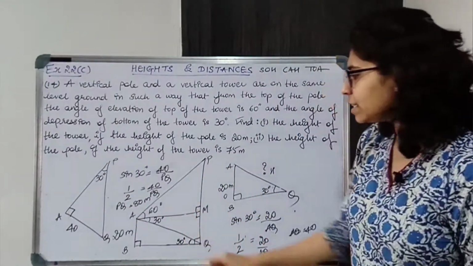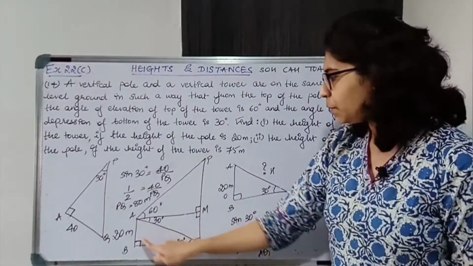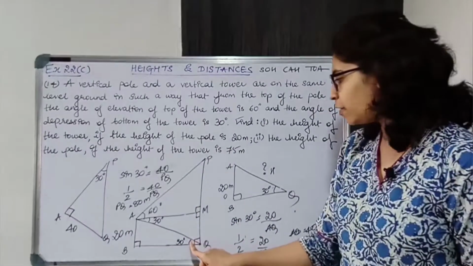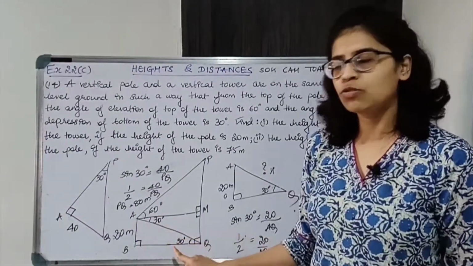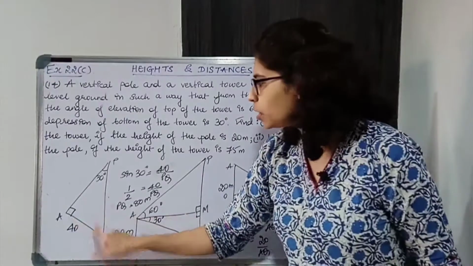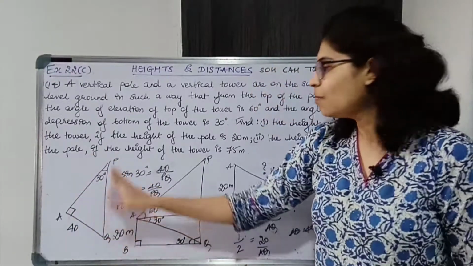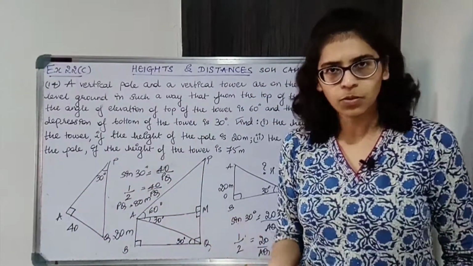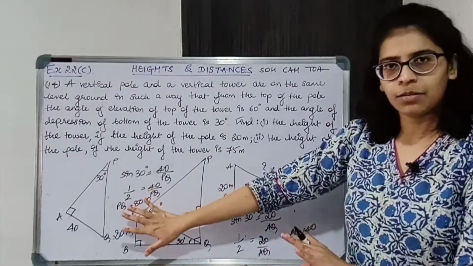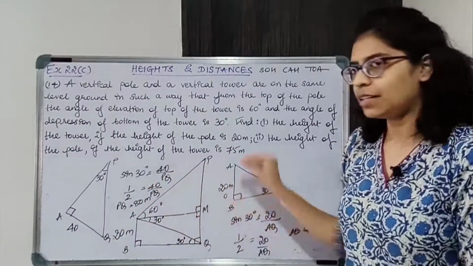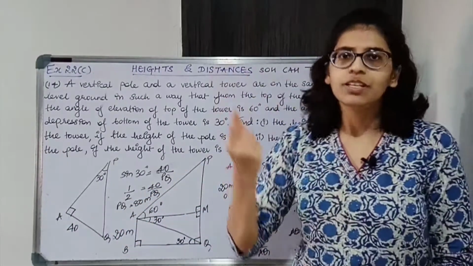ठीक है, पहले we'll consider this triangle ABQ. Okay, by taking angle of elevation. We know one angle, we know one side, we can easily find AQ. AQ मिल जाएगा, उसके बाद PAQ consider करो, you can easily find PQ. Okay, so this is one other method. Okay, this is little tricky method, so I would suggest use the first method.